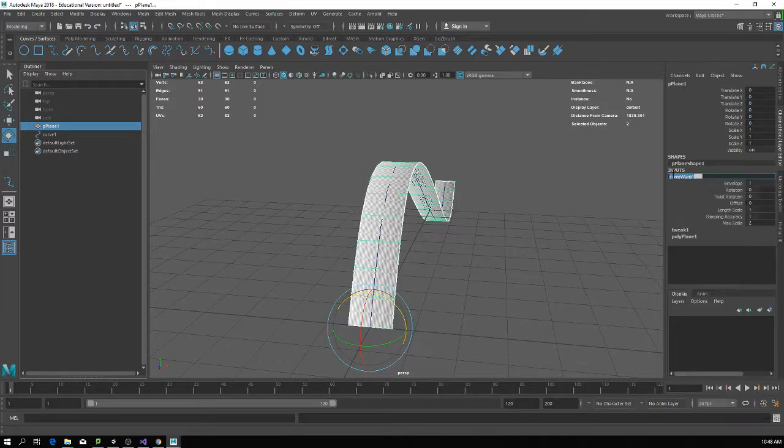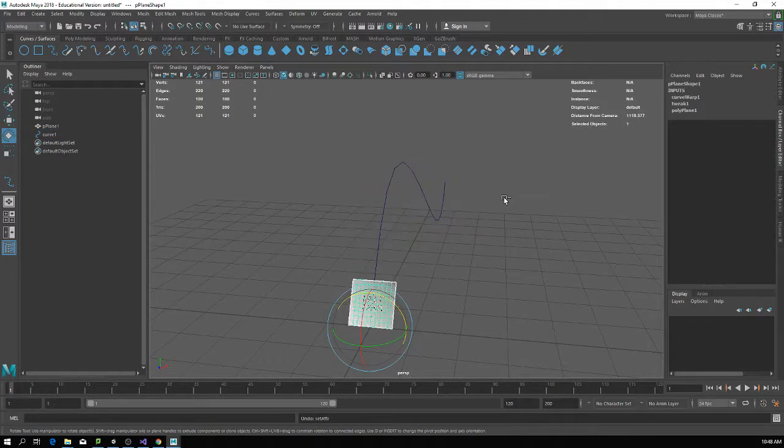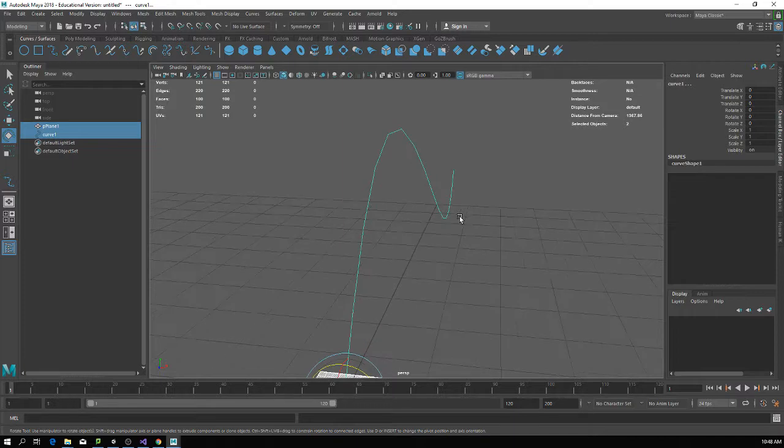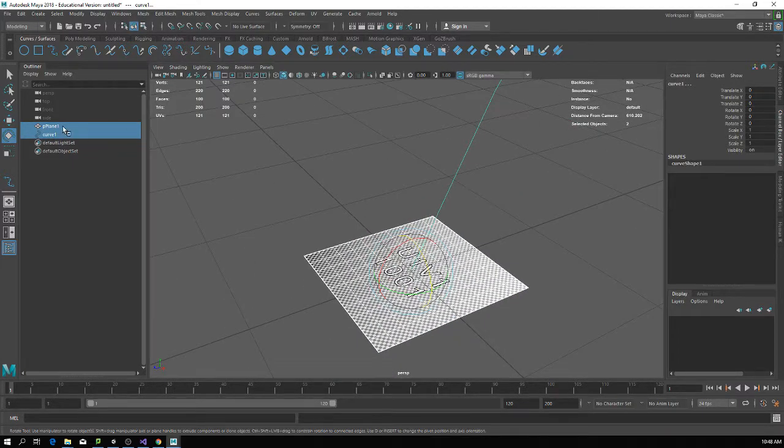Can I? Oh, I used to know how to do this, to remove an input. You know what? I'm just going to go back a bit. Let's just go back. Before we get to that, I just Control Z it a bit. And what I'm going to do is actually take this plane here,